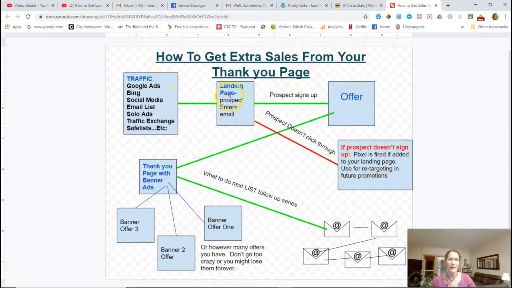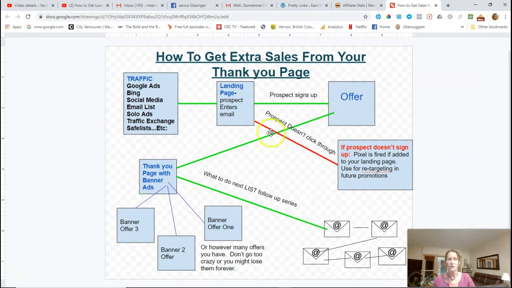And when your prospect enters their email, they're going to go to the offer. And when they click through the offer and purchase it, or maybe sign up to your list or whatever it is you're trying to get them to do, once they submit their email,